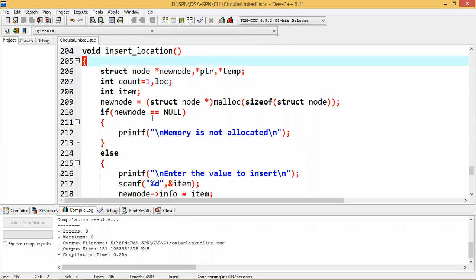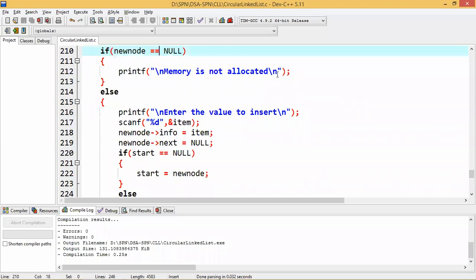So the entire program of insert at a specific location we have copied from single linked list and pasted here. For the new node, I am allocating the memory and checking whether memory is allocated or not. If not, then a message will be given. Otherwise, you have to enter the value, and that value I need to keep in the info part of the new node.